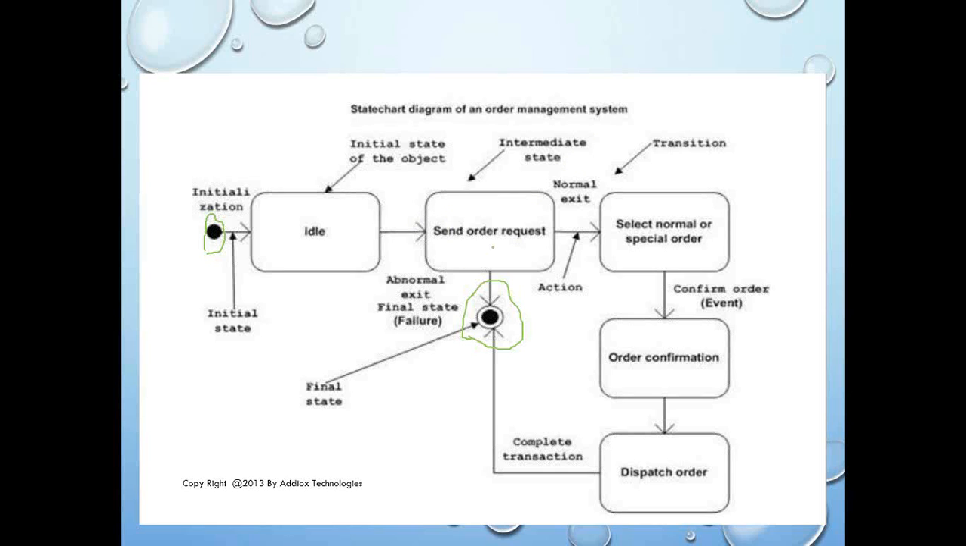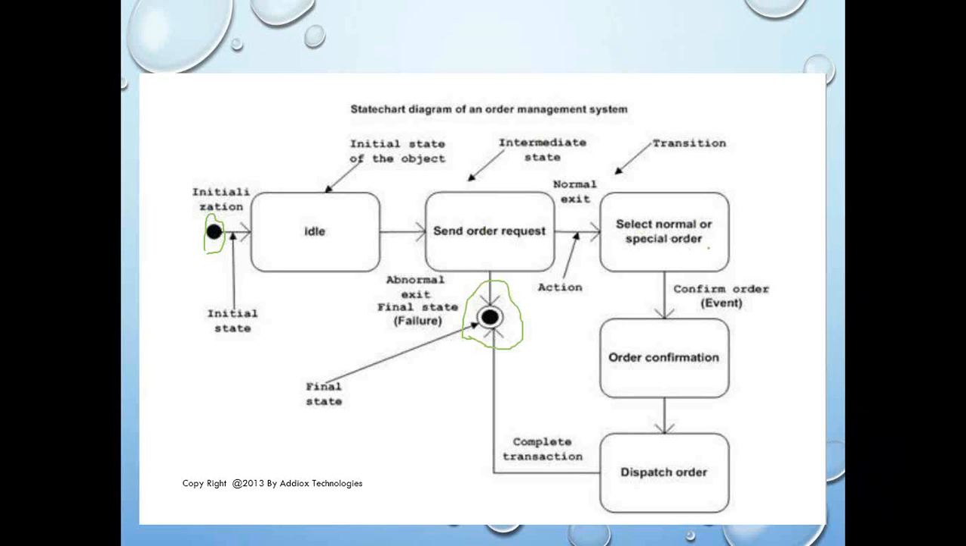That means right now, what is the current state? Let's say you are trying to track an order. And if I ask you, okay, Lavanya, what is the current state? So you will tell me that the current state is send order request. That means you will say that we need to send an order request. That is the current state. Next,